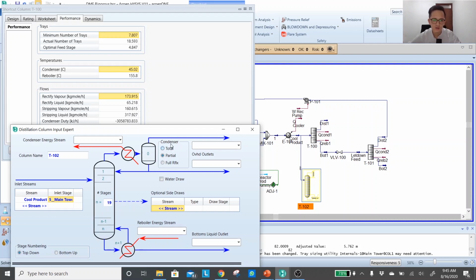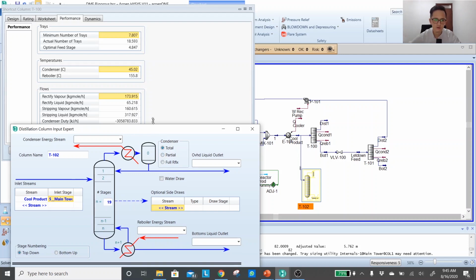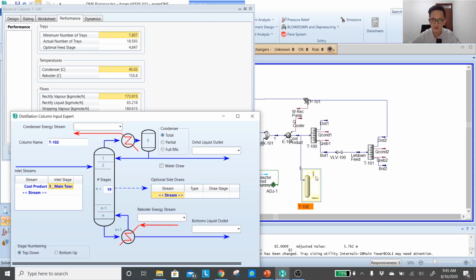Okay, for the condenser, again, make sure that it meets our process requirement, which is a total condenser. Now I'm going to give the name of this equipment very similarly to the name of the equivalent stream in the shortcut distillation. So for the condenser, it's QCon1, let's say now it's QC1.